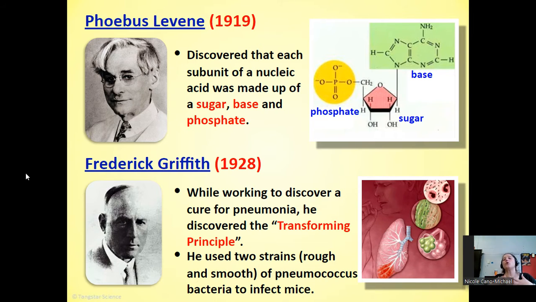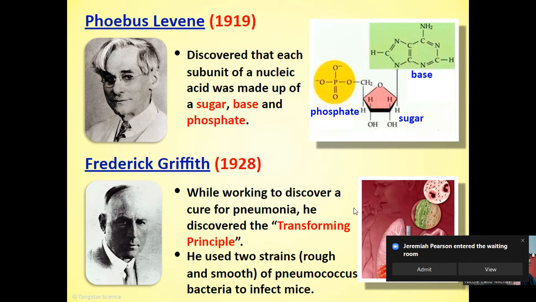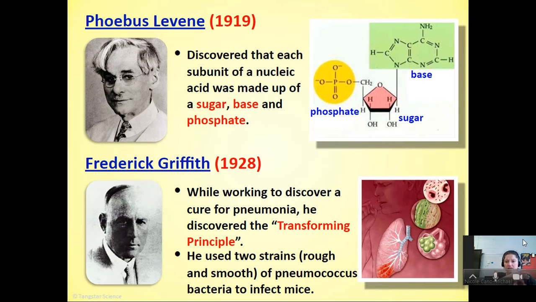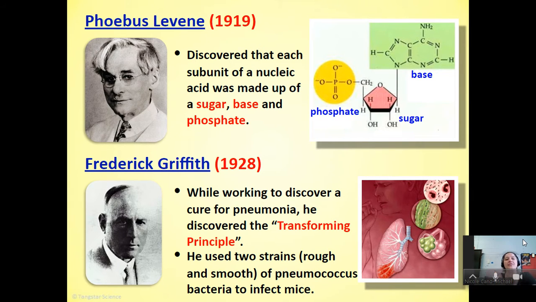And how he does this is he's working with 2 strains of pneumonia bacteria. One, which he refers to as the rough bacteria. It's literally because when you look at it under a microscope, the edge of the bacteria has these rough edges, so he just called it R-type because it looked rough. And he also is working with a smooth version of the bacteria. Again, under a microscope, it appears to be smooth, a nice smooth edge. Now, the thing is, the rough strain is pretty innocuous. It doesn't really do a whole lot. Doesn't kill anybody, doesn't even barely make you sick. The smooth version, however, is deadly.